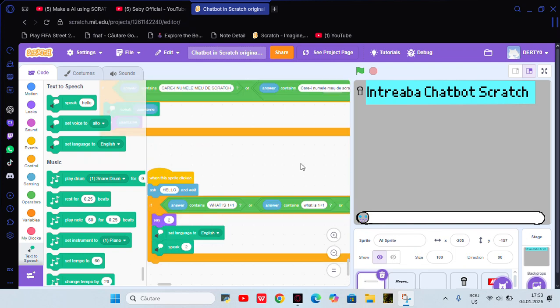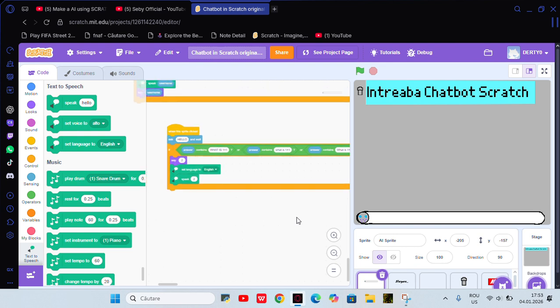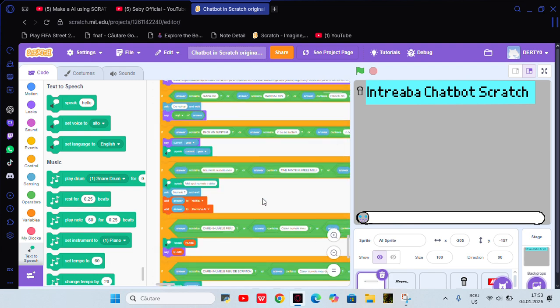Guys, today I will teach you how to make a simple AI in Scratch. This project that I made here is in Romanian because I'm Romanian,